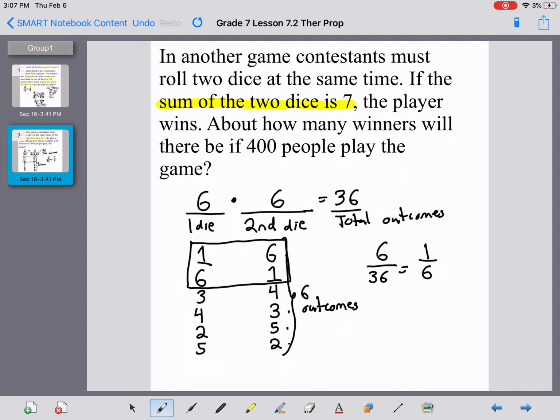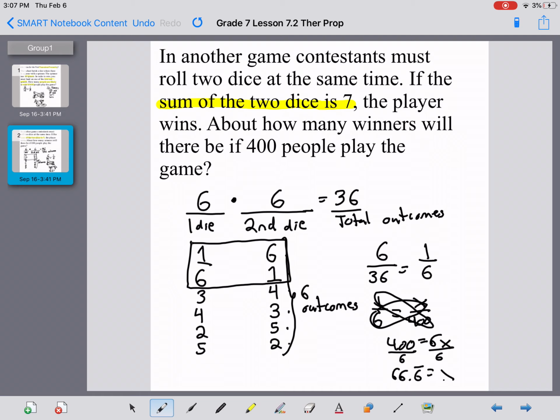So now I need to determine how many people are likely to win if 400 people play the game. So 1 out of 6 equals X over 400. So now I can cross multiply. 400 equals 6x. Divide by 6. And I get 400 divided by 6 is equal to